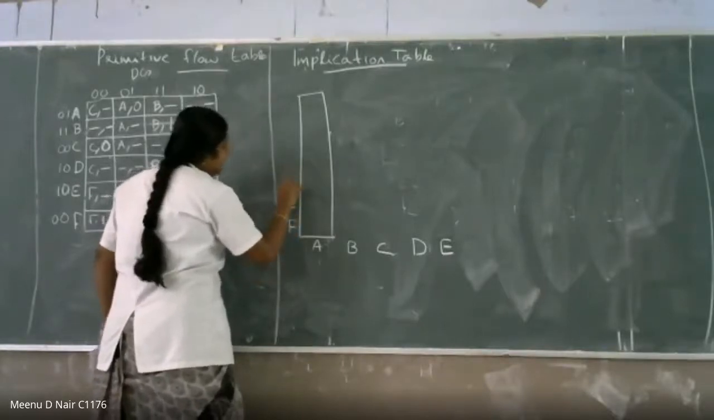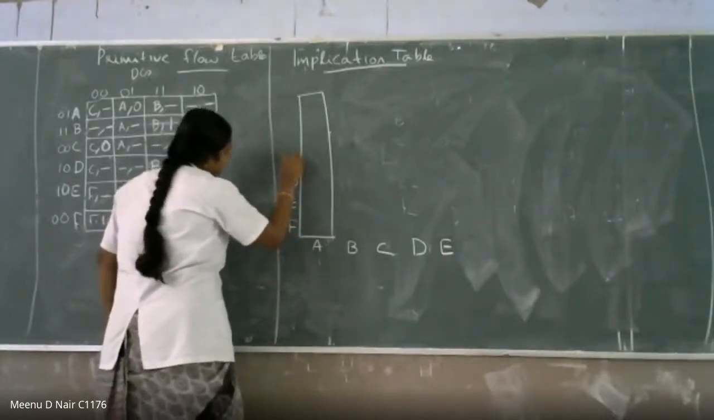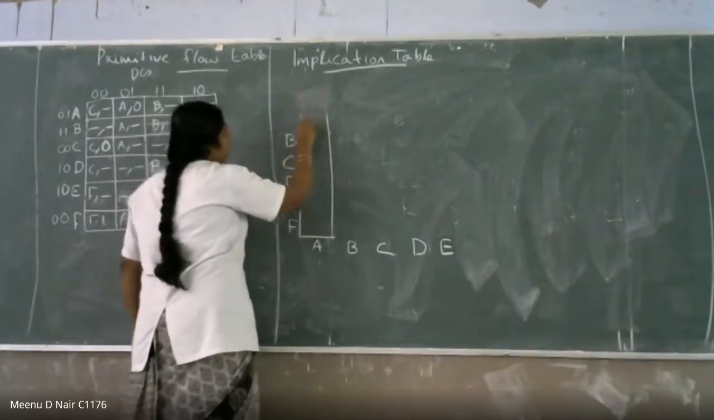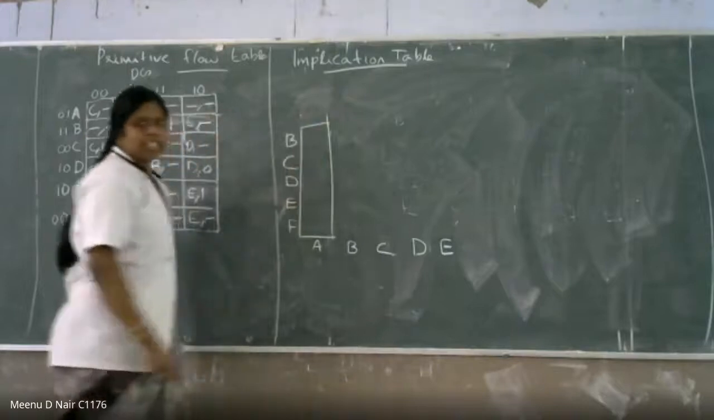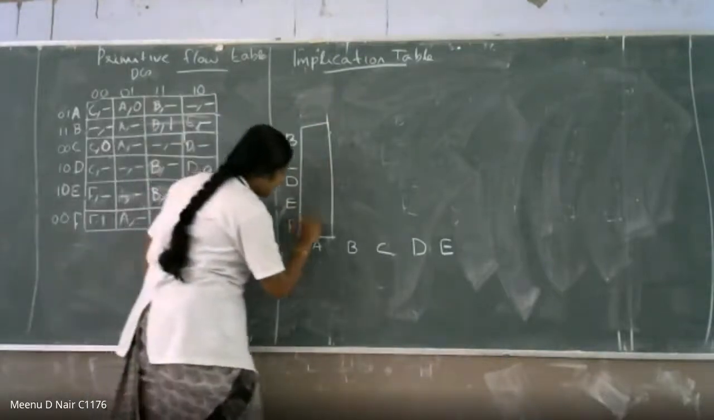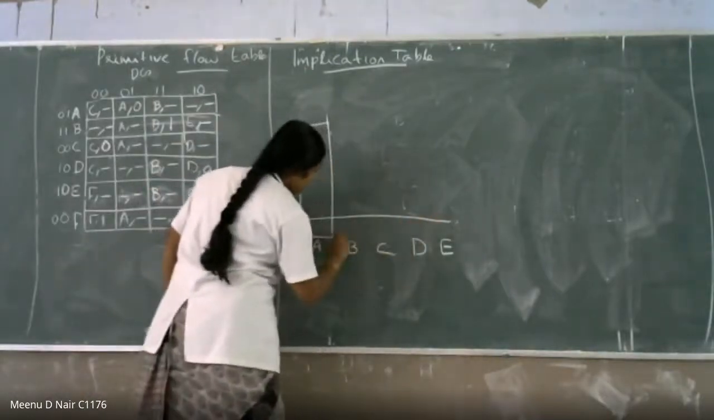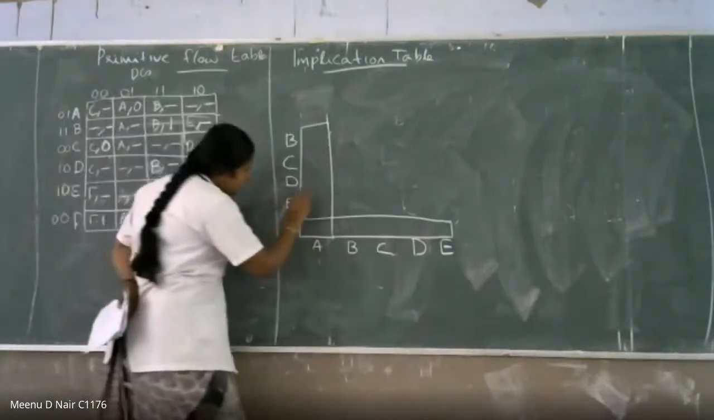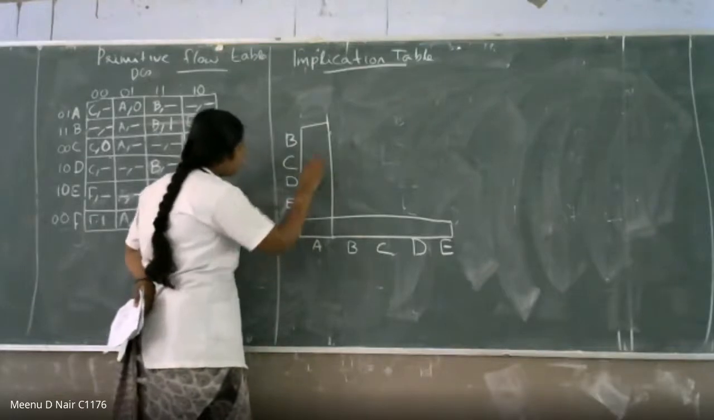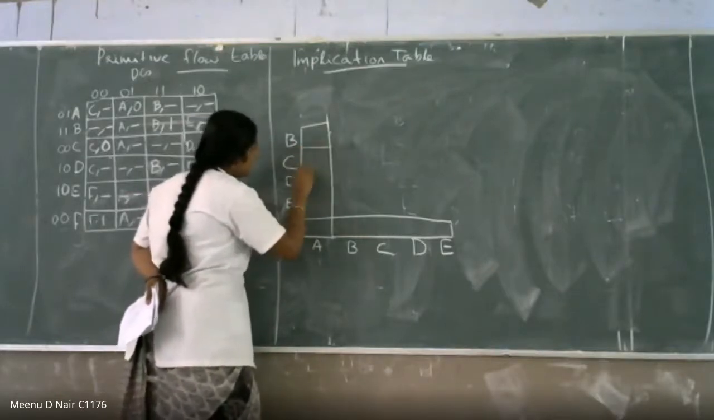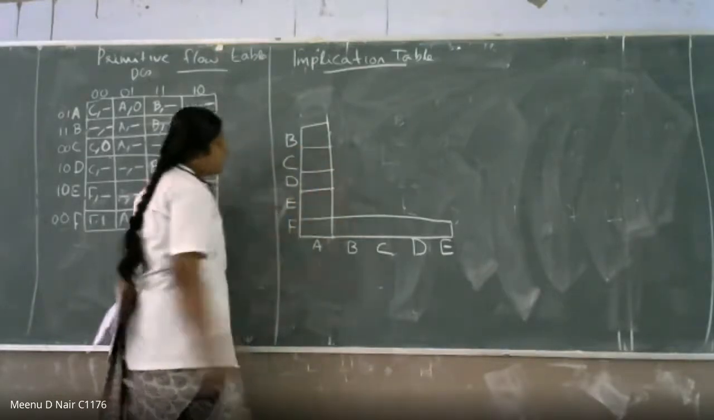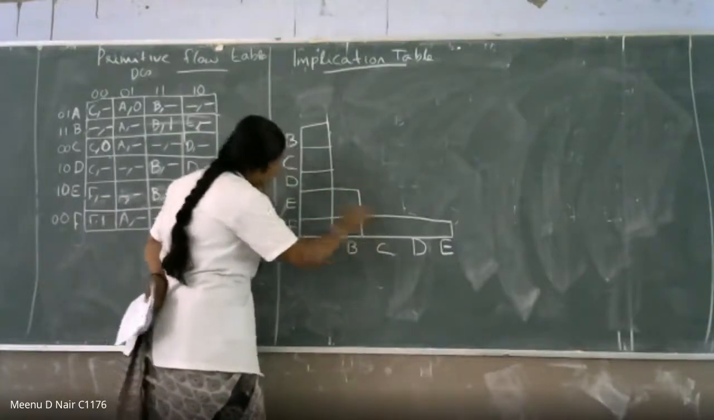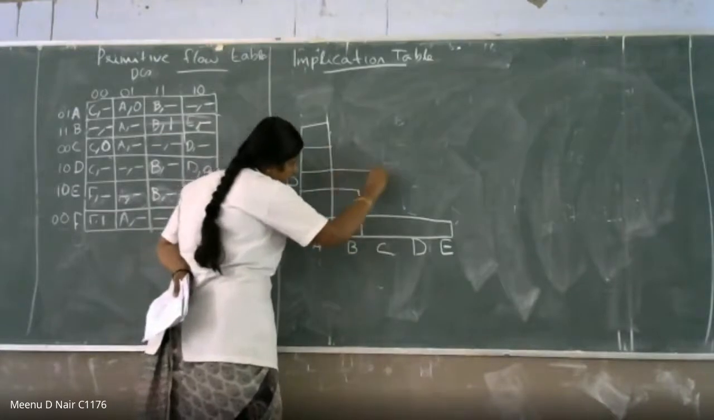E, D, C, and D. Only up to B. You need not write E. Okay. Right. So next one is, okay. The next one will be up to here. Then the next one will be